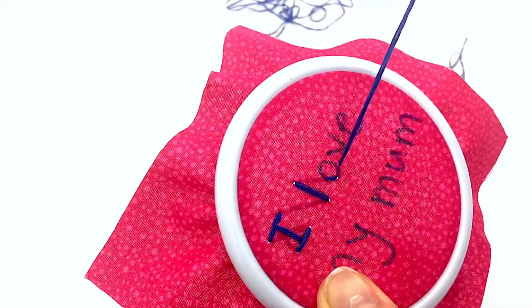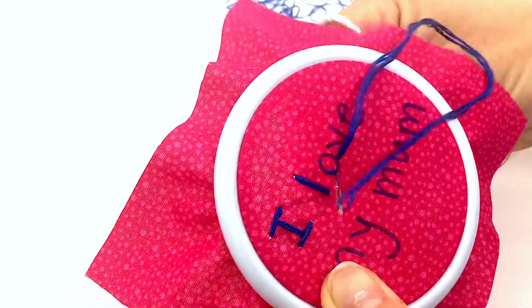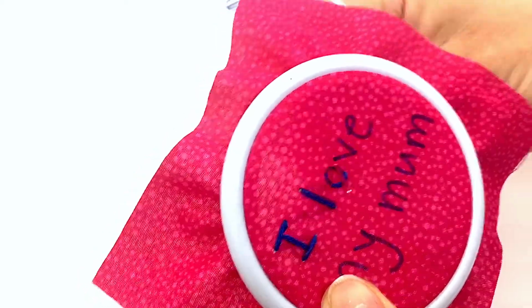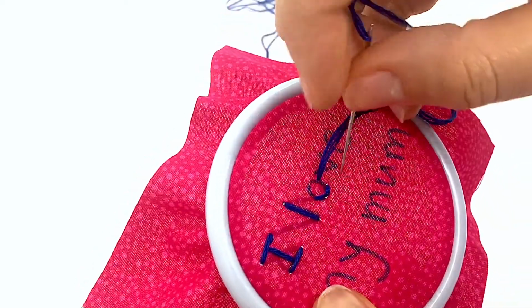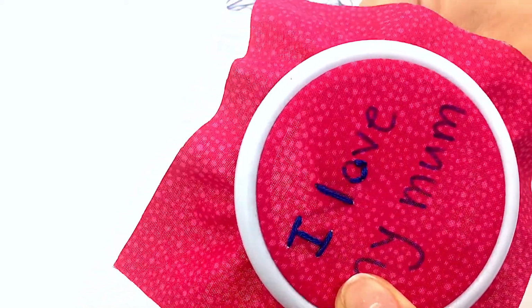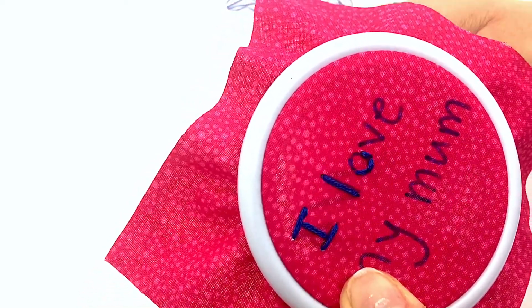And then you can stitch right around all the letters. So you can make a beautiful plaque to hang on the wall or give someone as a present. It can be a really special